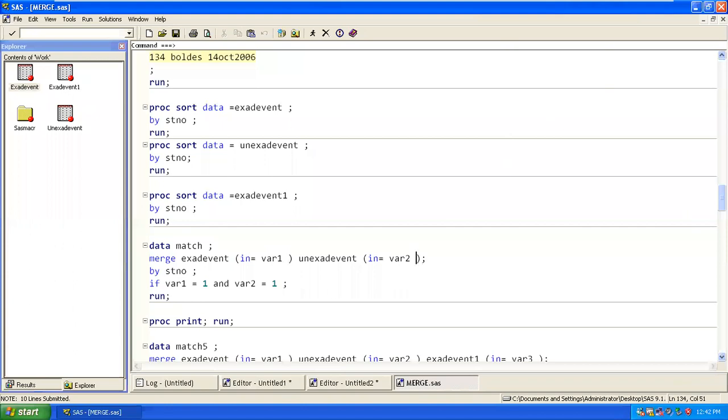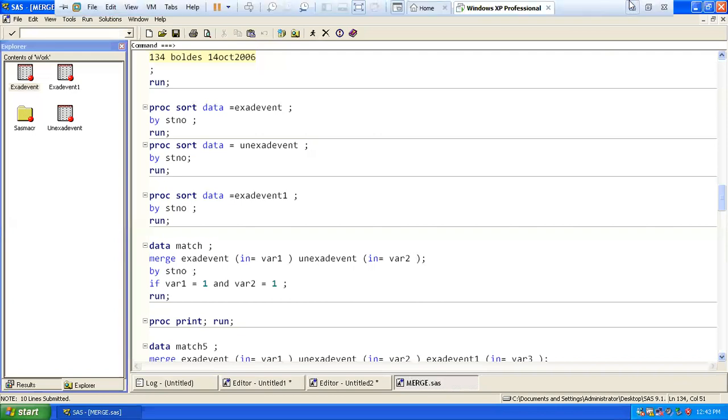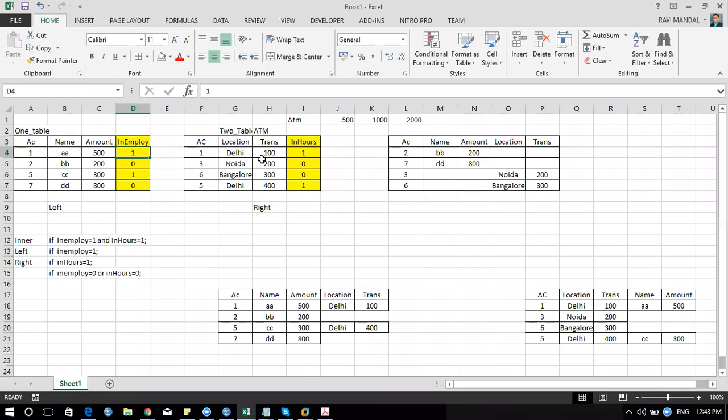We are creating it. So now we have already sorted by serial number, and we are trying to do the merge based on the serial number. Correct? Now we are looking at one concept which should be present in both those tables.